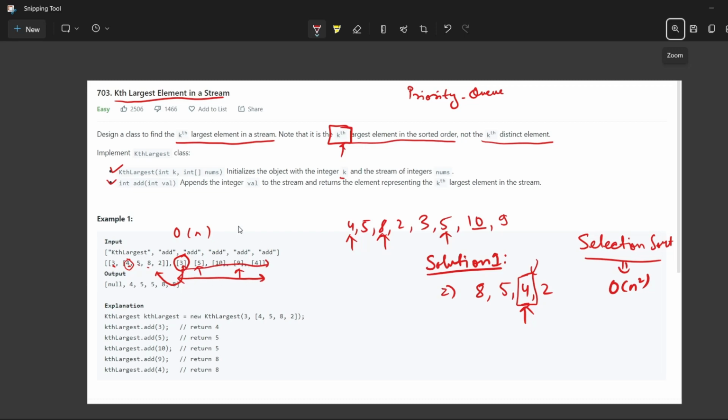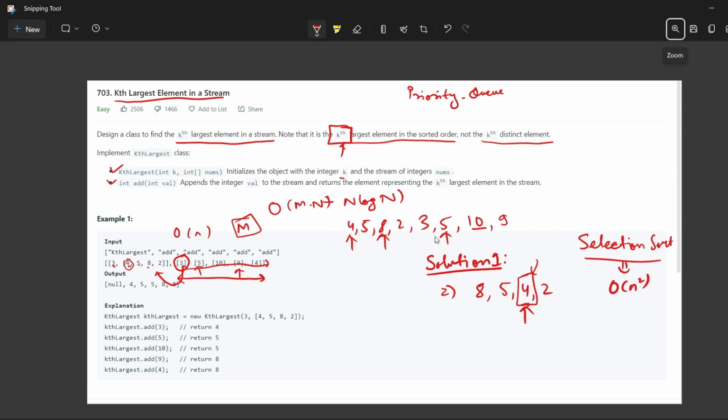Let's say you call the add function m times, so your time complexity will be O(m times n), plus sorting, which will be n log n. So this will be the time complexity of this solution.